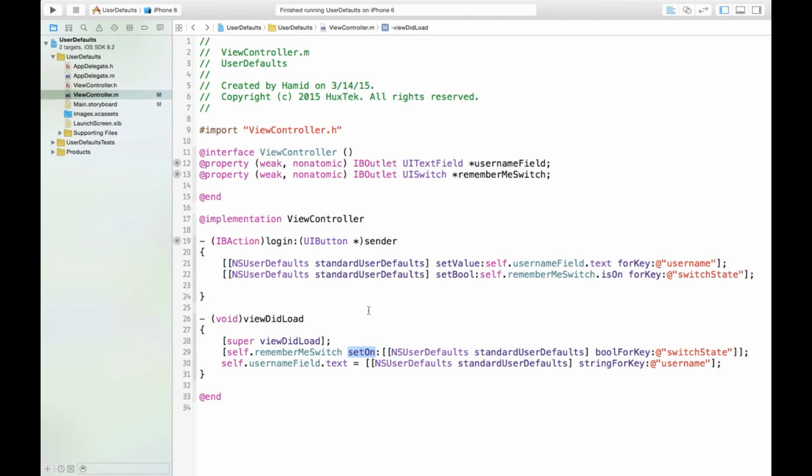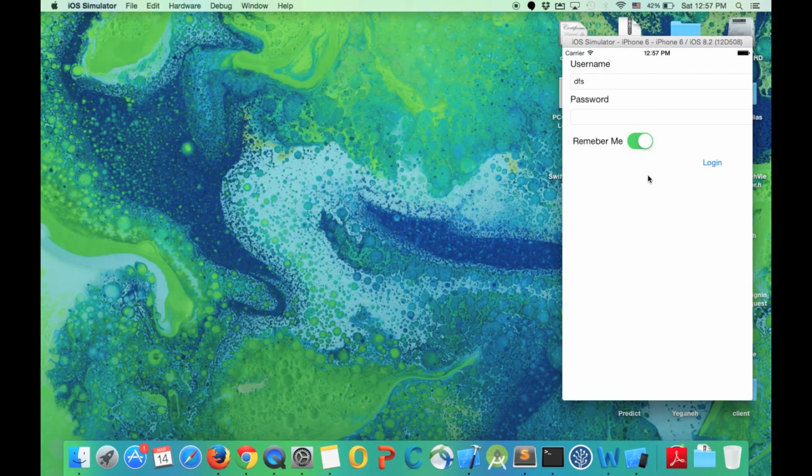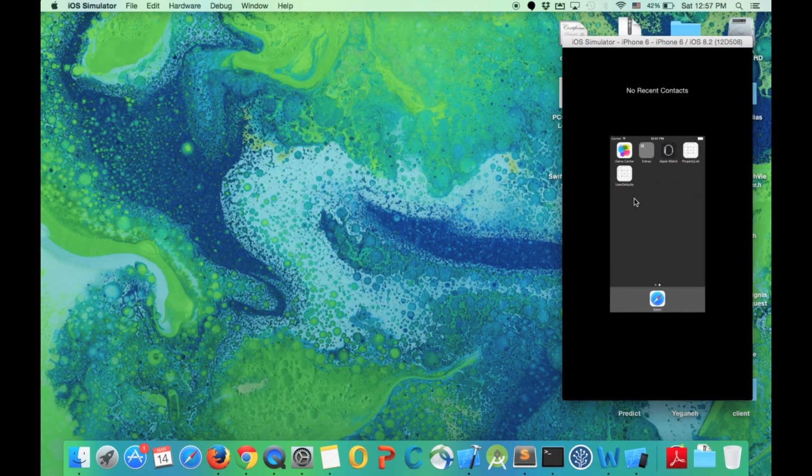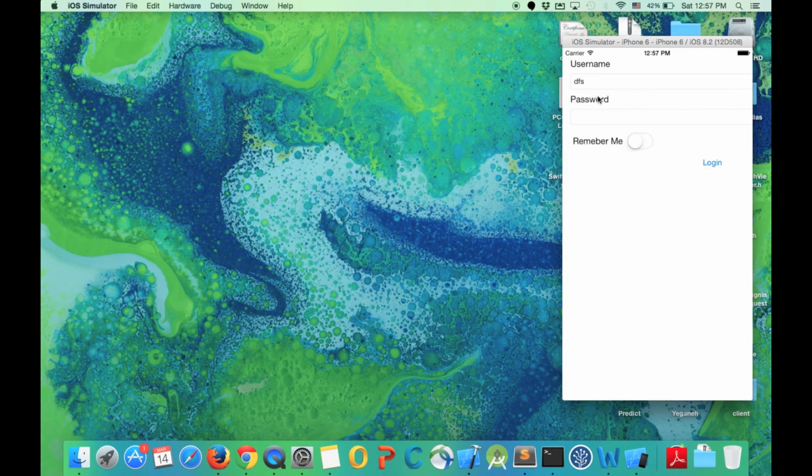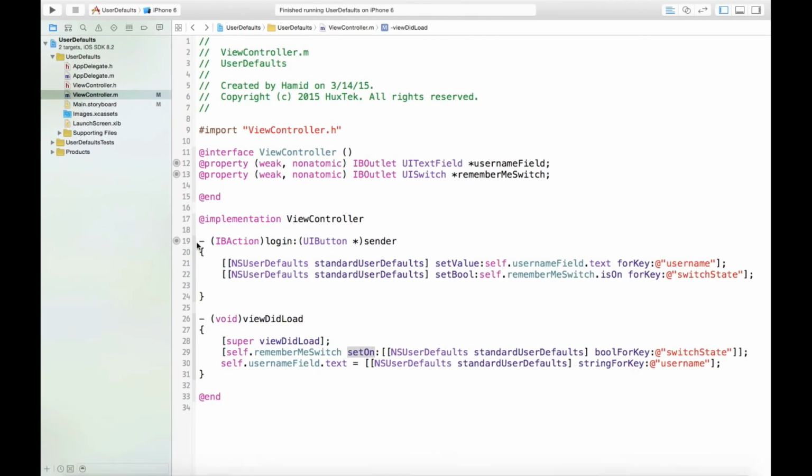So right now it's kind of done, but we have to add the logic so that when they turn it off, we don't save the username. Right now, if I turn it off and log in and then kill the app, if I go back I would still see the username, because we didn't add an if statement to do it. We do it every time. So here's the logic that we can add for the login. We can say